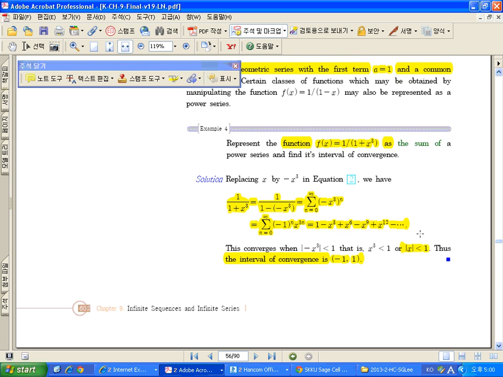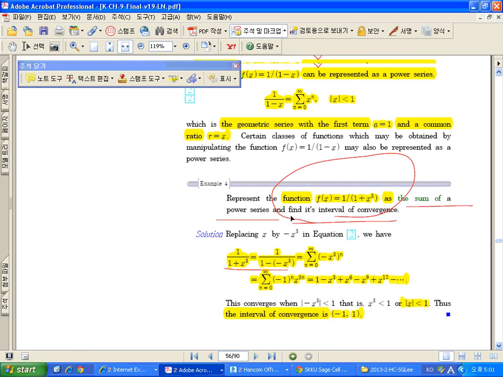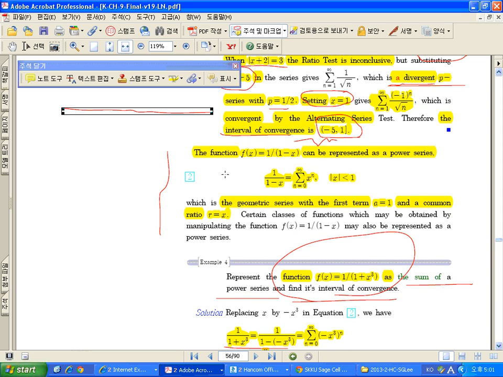Okay. Example 4. The function f of x is equal to 1 over 1 plus x cubed. Represent this function as the sum of a power series, and find its interval of convergence. Okay, here f of x equals 1 over 1 plus x cubed. For this problem, here is some information. Since we have the power series of the function 1 over 1 minus x like this, we can use this knowledge for other functions like